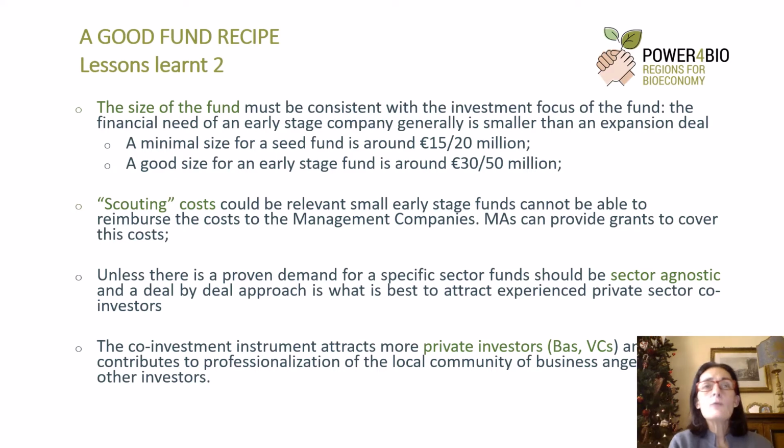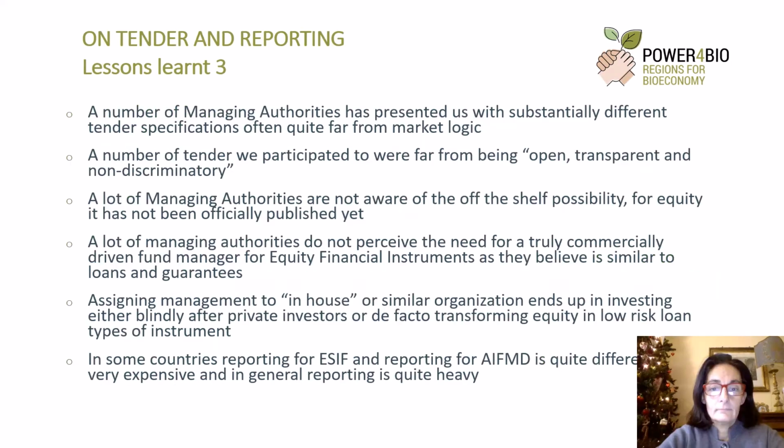I would like also to suggest you go for an agnostic type of fund unless there is a proven demand coming from a specific sector, like ICT rather than biotech or medtech. But it's something again that should be proved according to the results of your assessment study. As a very final suggestion from my side, I really invite managing authorities to take advantage of the